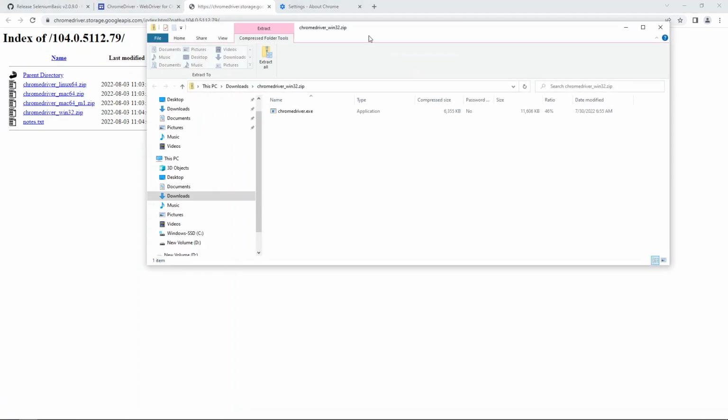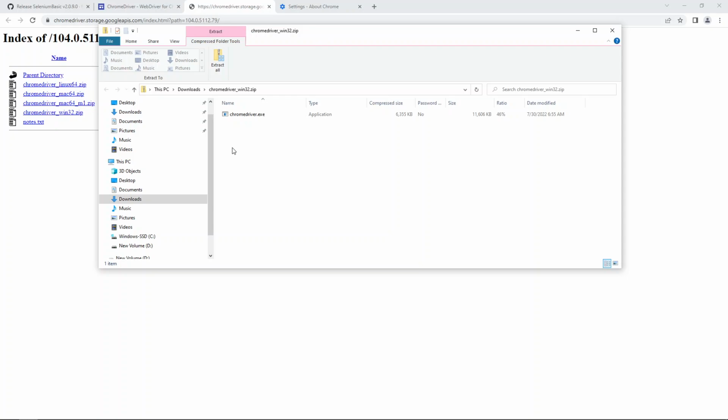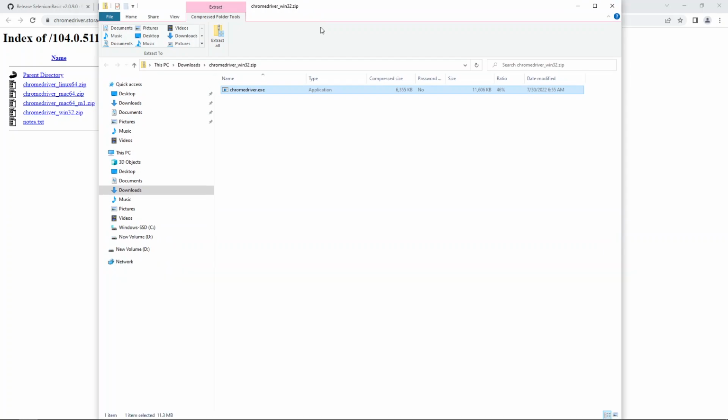And here Windows has now conveniently opened the zip for me, and we can see the Chrome driver. So we select that and we copy it with Ctrl+C, and we have to download it to the appropriate place. And the appropriate place is my user directory. So my user directory is located on the C drive here